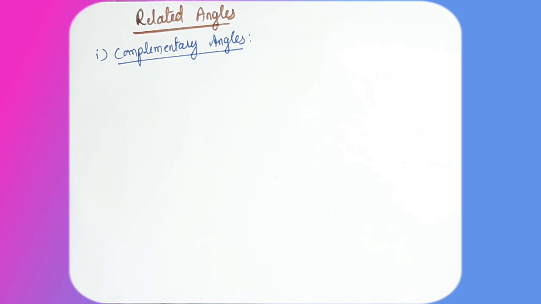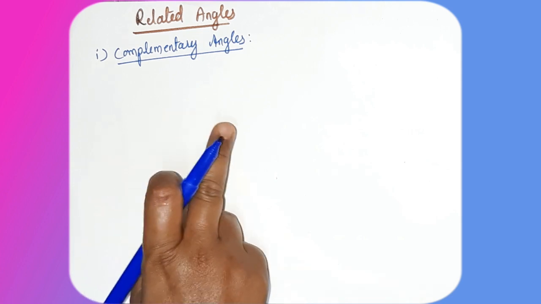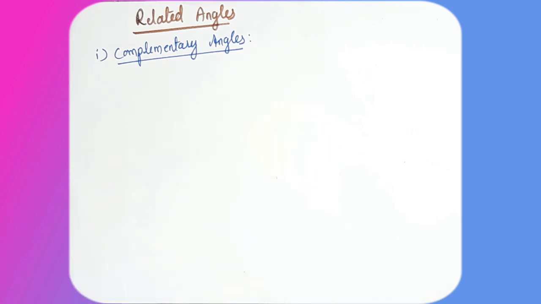We'll see. For this, students, I am telling you the page number, that is page number 94. Complementary angles, you have to put the heading, then the definition is there, and down below those 1 2 3 4 figures you have to draw. Now I am going to explain that. First you have to write the heading, then the definition, then you have to draw those 4 figures.